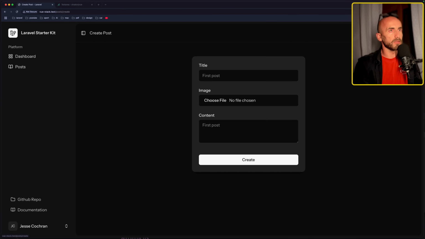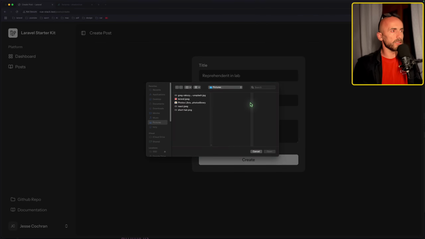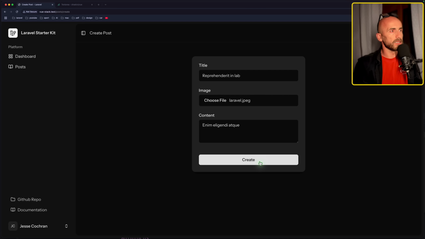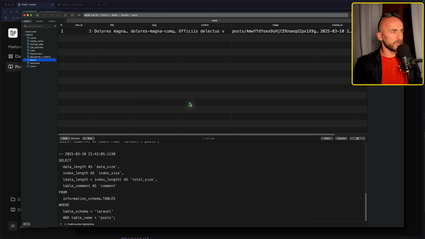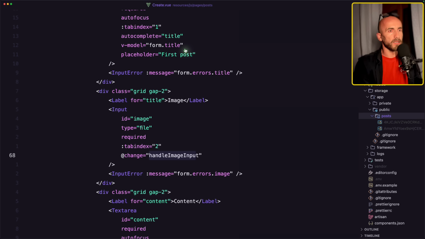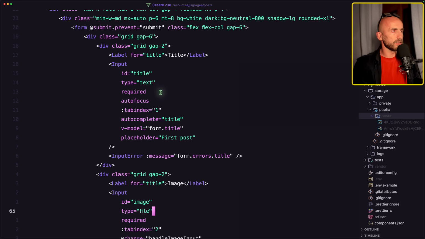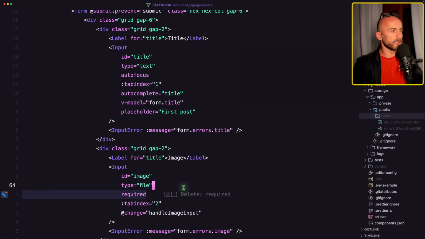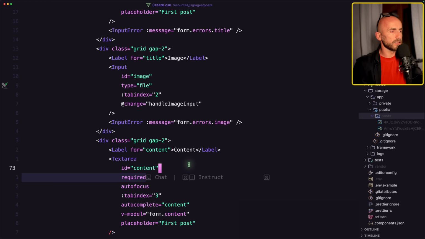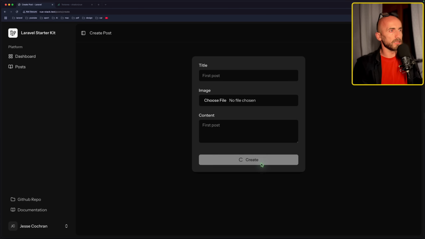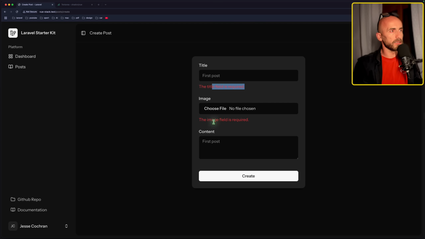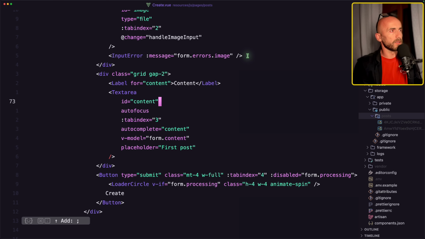So let's go to create post, use a fake filler, choose the image. Let's choose Laravel. Say create, we are redirected here. Let's come and refresh. Yeah, we have two, and also we have two files in here. Got the validation. I think it works. So let's remove the required, just to test validation, and yeah, we have validation,